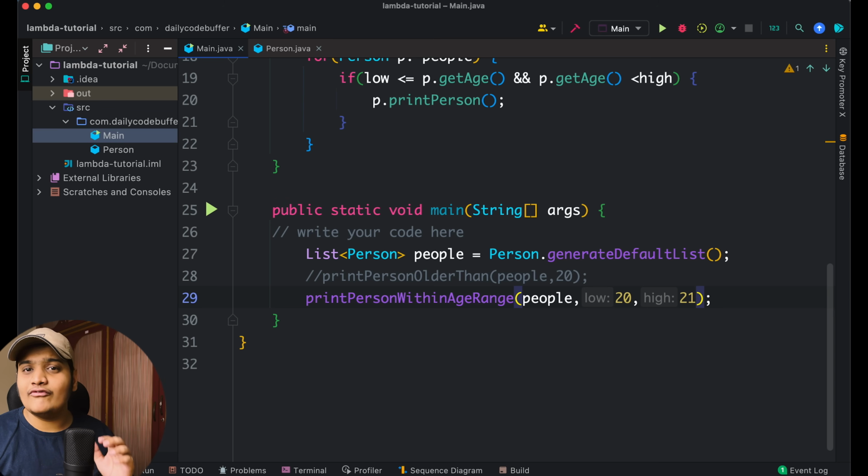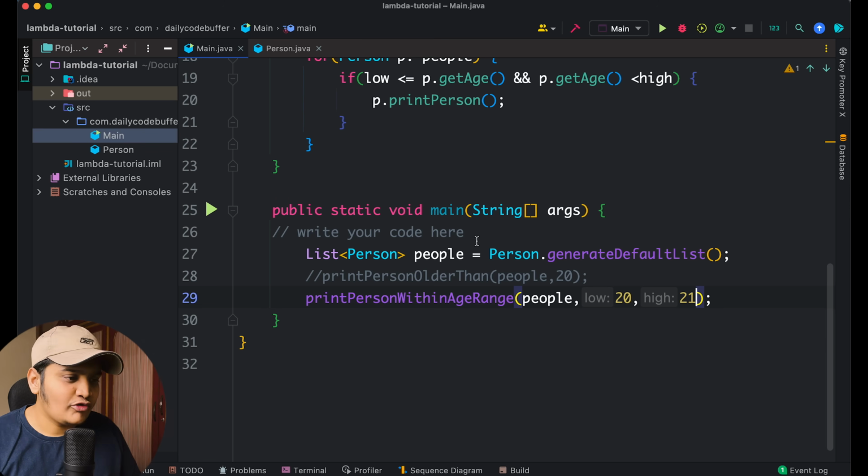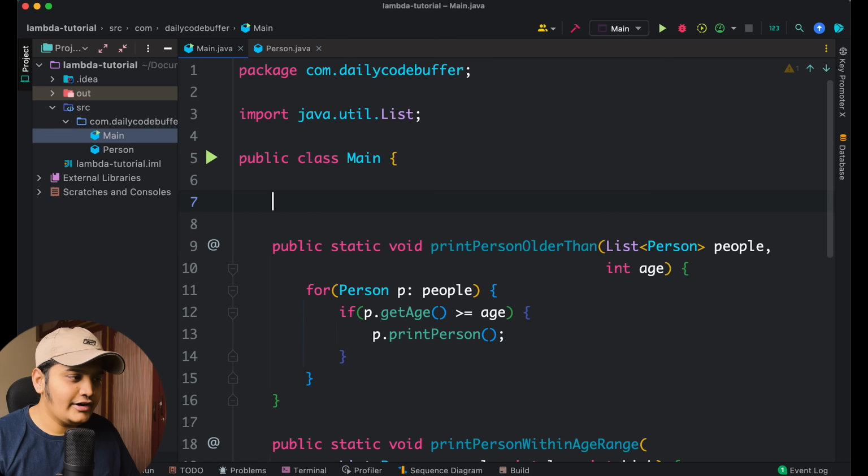Now we cannot go every time and create a different method this way. So what we can do is create an interface, and that interface will have a method to check the criteria. You can implement that interface within a class and call that class. That's a simple way that we can do. Okay, so let's create an interface and implement that interface in a class, and we can add any logic to it. So I will create one interface here,